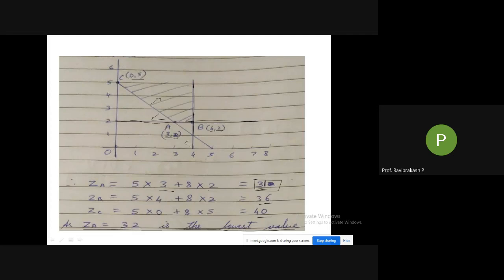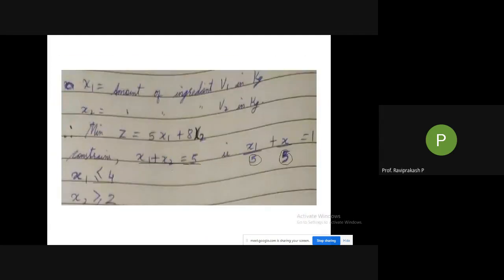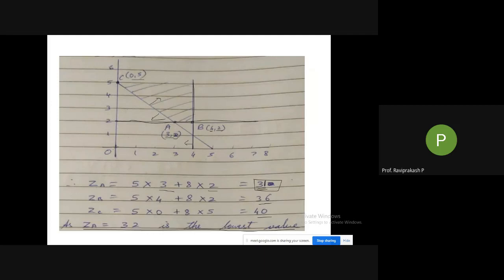So this side. Then next one, if you see what is given here, next is x2 greater than or equal to 2. Greater means we have to go on the higher side. Greater, so 2 is here, so I have to go on this side. So if you see here, 3, 4, 5 is on this side and not this side. It is greater than. So greater than this line, this side, then on this side lesser than.